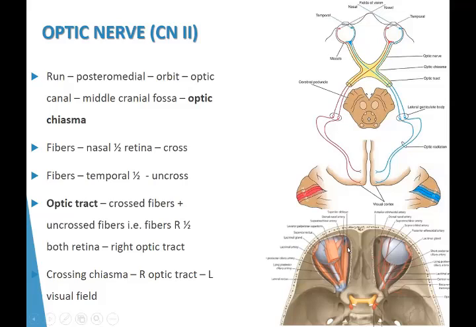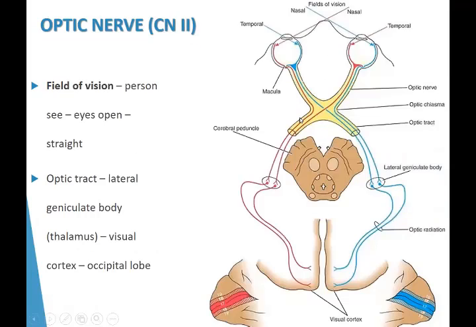Rising from the posterolateral angles of the optic chiasma, you have this structure which is called the optic tract. ये optic tract है. This optic tract ends in the lateral geniculate body. ठीक है. अब इस optic tract में आप देखिए कि you have uncrossed fibers. हम अगर right optic tract की बात करें, ये right optic tract है. इस right optic tract में you have uncrossed fibers from the right nerve,